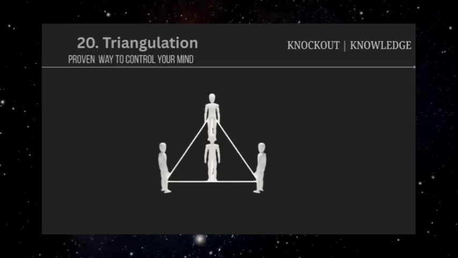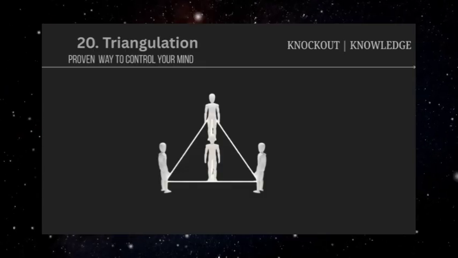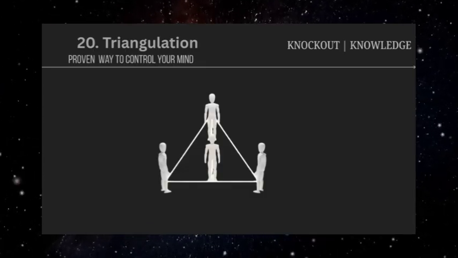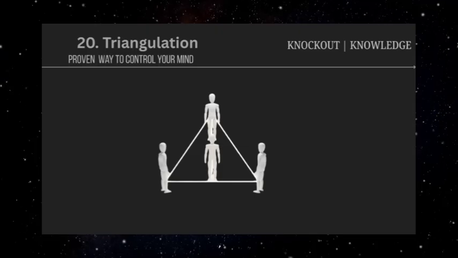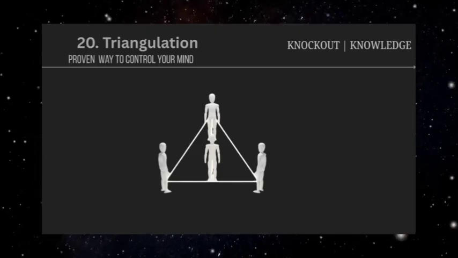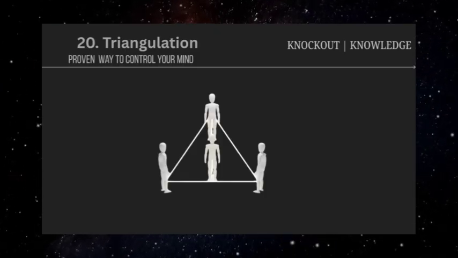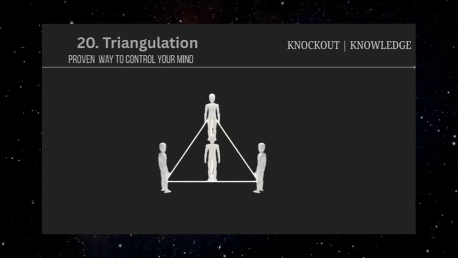In romantic relationships, triangulation might involve a partner mentioning how understanding their ex-partner was, how much easier their relationship with a friend is, or how attractive they find someone else. These references aren't usually direct threats, but they create anxiety and competition that make the other person work harder to secure the relationship, often by suppressing their own needs or concerns.